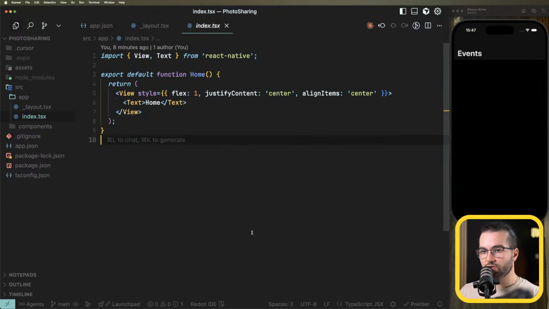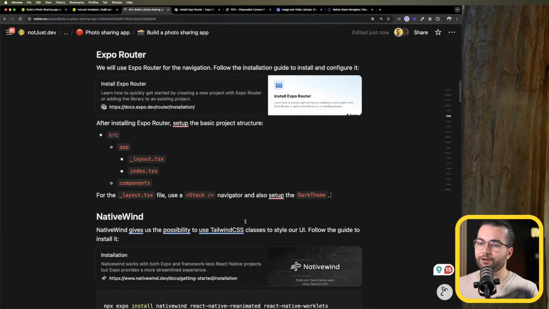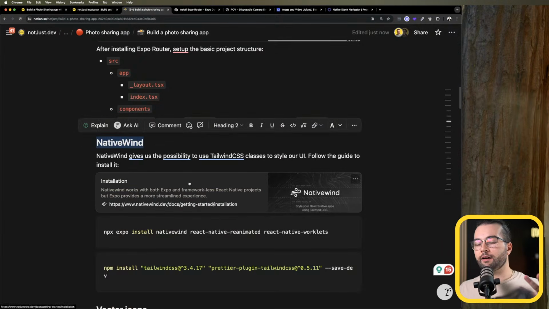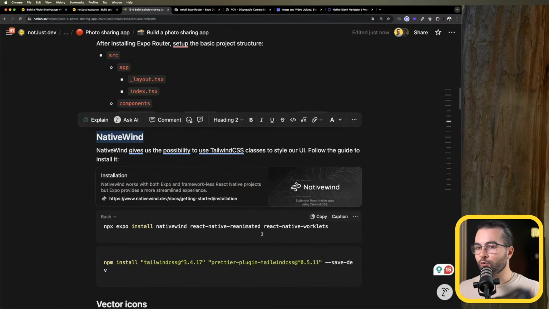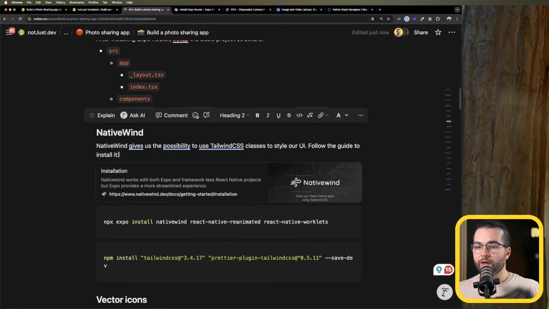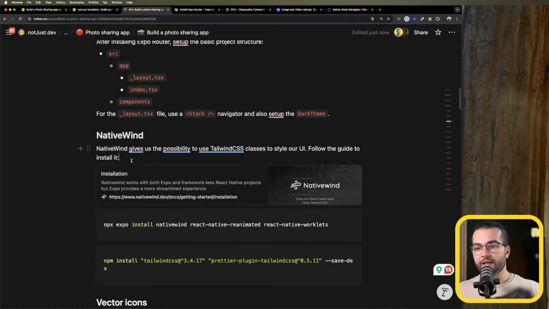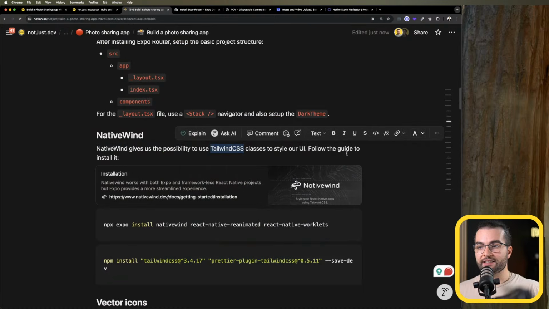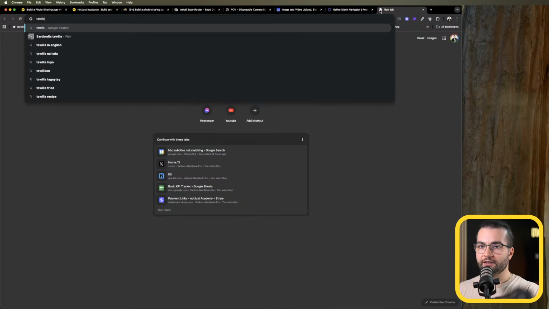All right, so let's move on to the next step, because the next step is also a bit of configuration, and once we are done with that, we can already start building our UI and our functionality, and I want to get to that point a bit faster to get to the exciting part. For now, the NativeWind is a library that allows us to use Tailwind CSS classes to style our UI. If you don't know Tailwind